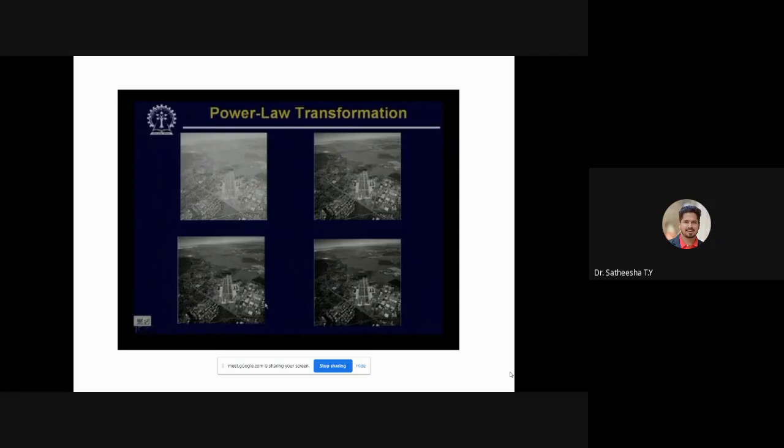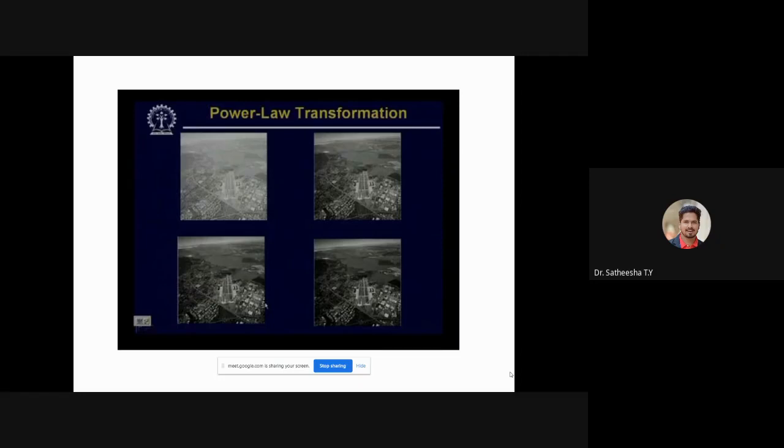So here you can see one real-time example that is captured by one of the cameras that we usually use for, I forgot the particular name, something flying. Anyhow, by using different values of gamma, I can have different power law transformations, and as a result I can have controlled enhancement of the input image.